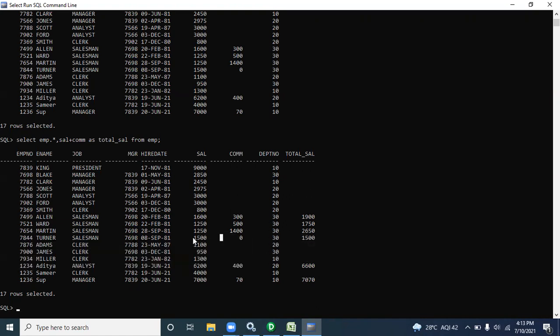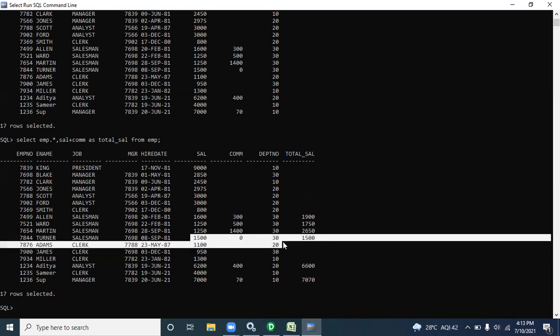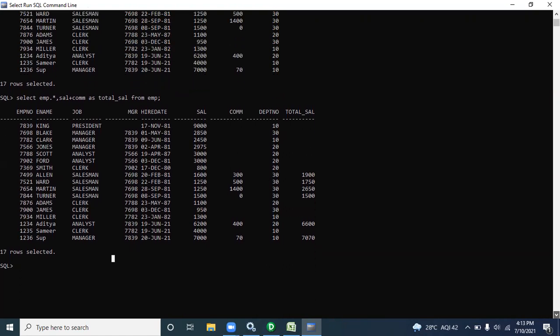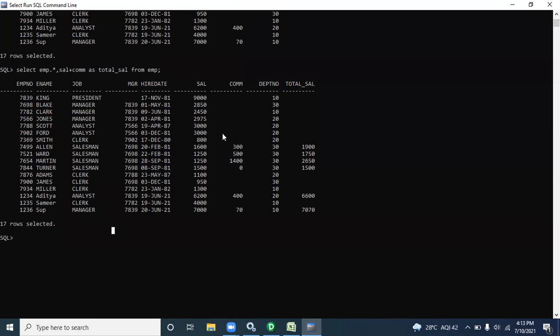For that reason Oracle gave one function called NVL to handle the null value. At least that employee should have the 9,000 value, right?